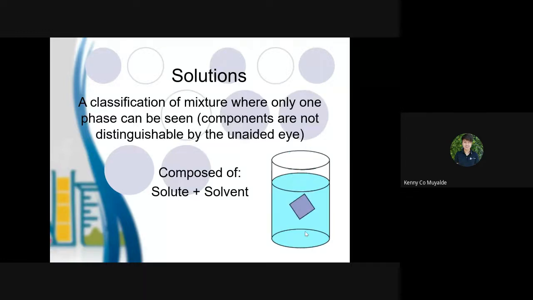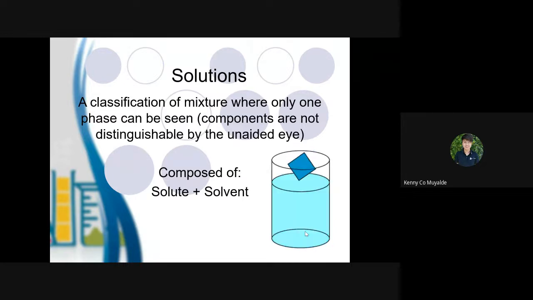when we say solutions, it is a classification of mixture where only one phase can be seen. So the components are not distinguishable by the unaided eye. So when we speak of solutions, isa siya sa tatlong types ng mixture. Di ba, remember in your STM005, we defined matter as being either pure substance or mixture. Pure substance kapag chemically combined siya or element lang siya. Kapag mixture naman, hindi sila nag-chemically combine, na-retain nila yung kanilang original na characteristic, pero it could be divided into